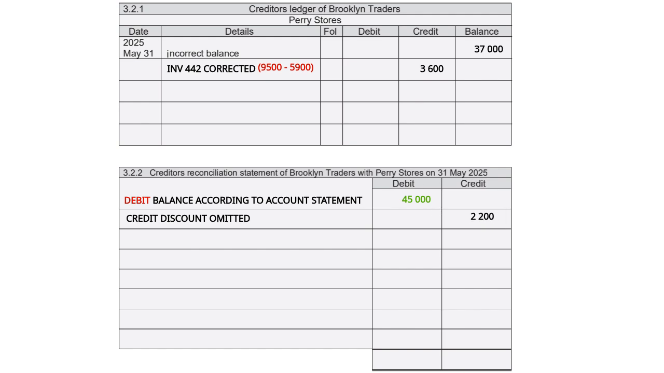Then number C. Credit note 533 on 18 May was incorrectly credited by Perry Stores on the statement of Brooklyn Traders. The goods were returned by another business. Now once again, the error took place by the business. If the business made the mistake, Perry Stores will fix it in the creditors recon statement. So we're going to go to the creditors recon statement of Brooklyn Traders with Perry Stores, and we are going to say